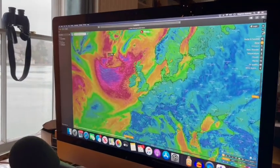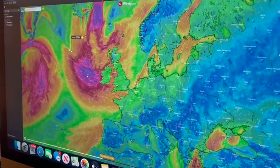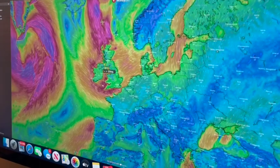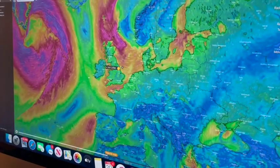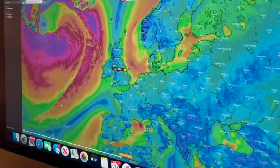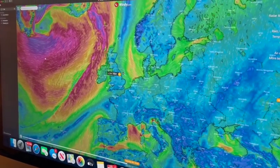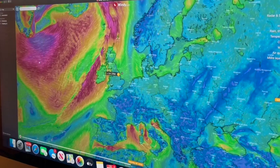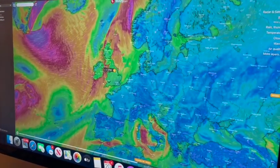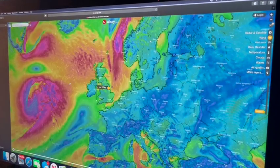You can see here now, as we move towards Thursday the 24th of February, this storm has dropped, and it's another one that's going to hit, and it's going to hit hard. If we look at this now, let me just bring this down so that you can see. High winds, and then look what's coming behind. Just look at this. This is around the 26th to the 27th. Now, God willing, this storm, which is massive, will head up, as it normally does, because of the Gulf Stream, off towards Iceland. But as you can see, it weakens,